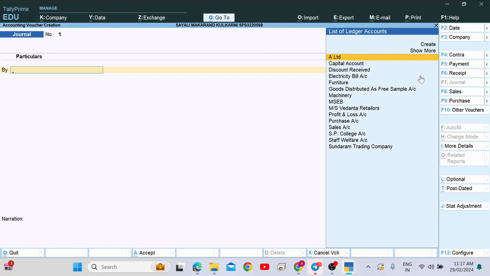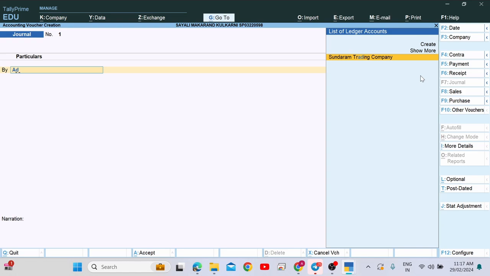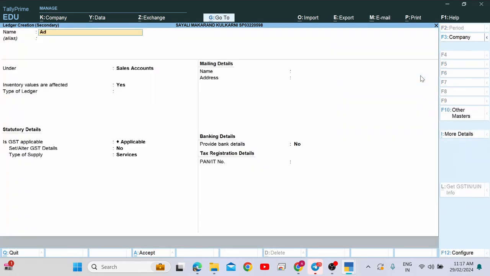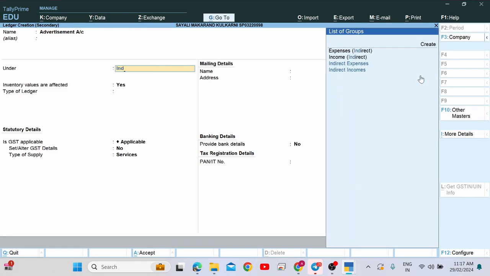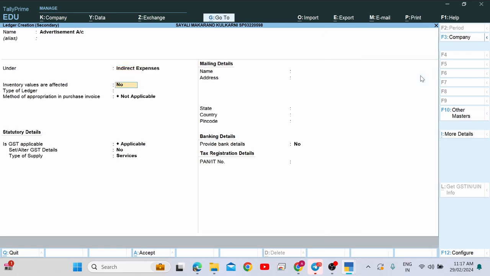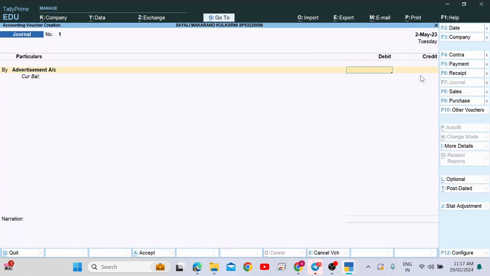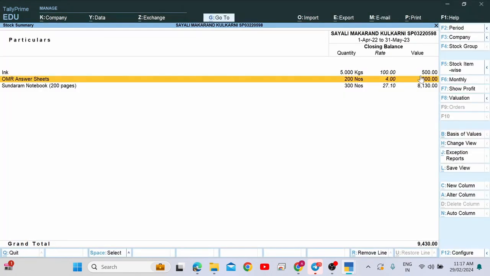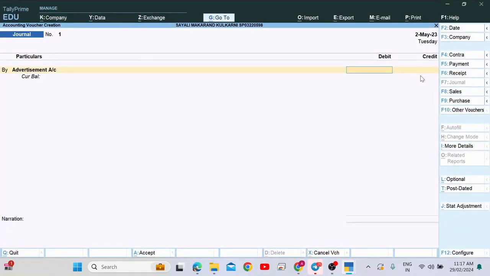Journal voucher type, advertisement account debit. Do you have advertisement? You don't have it. Therefore AD, advertisement account debit. No need, you know, indirect expenses. Say indirect expense, select indirect expense. No need to change other details. Control A only. And then advertisement account balance,